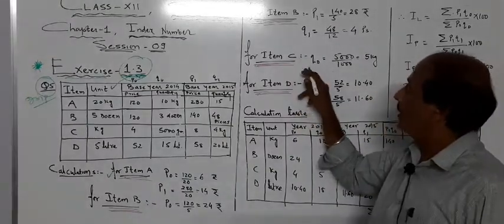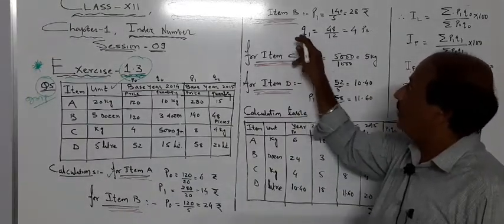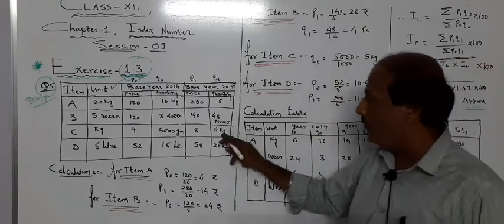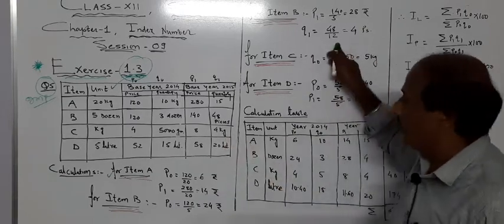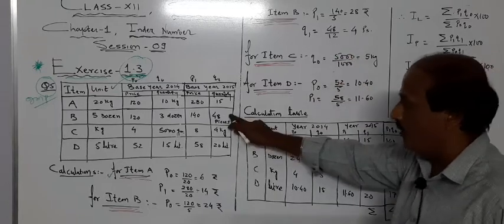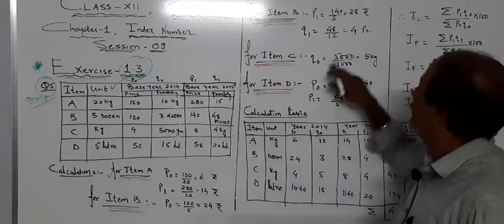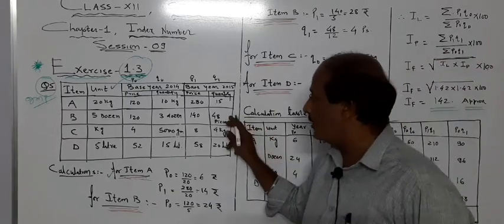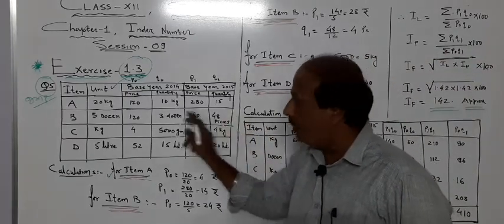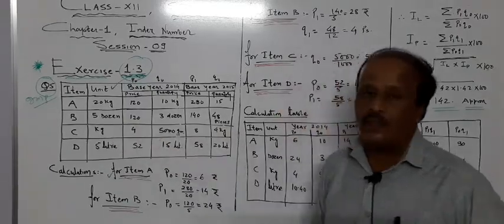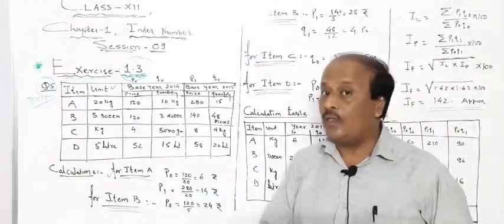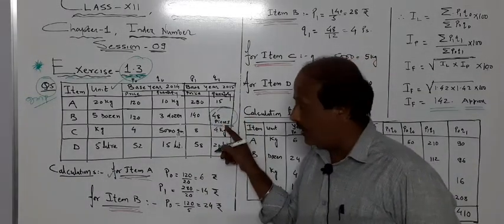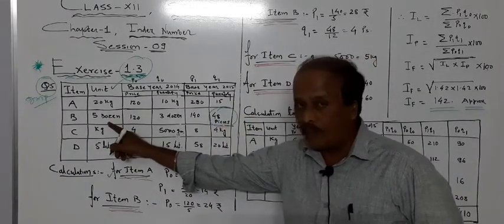For item B, Q1 you will have to find. So Q1 quantity will be 4 kilogram. So you will have to divide 48 here. 48 divided by 12, because it is in the form of pieces and we got everything in the form of a dozen. Keep it in mind, this is in the form of pieces and this is in the form of a dozen.